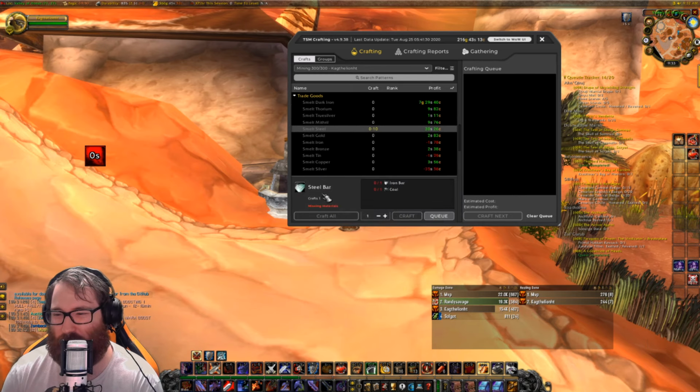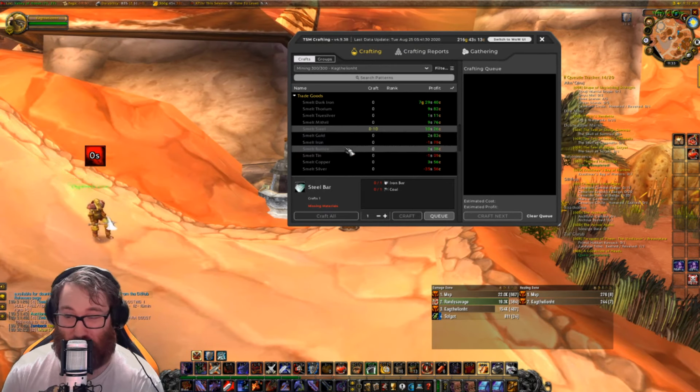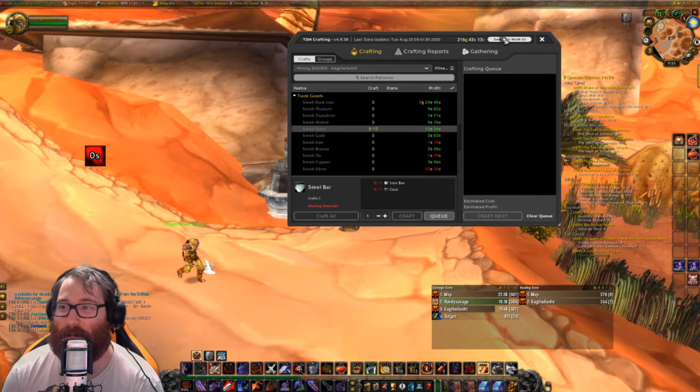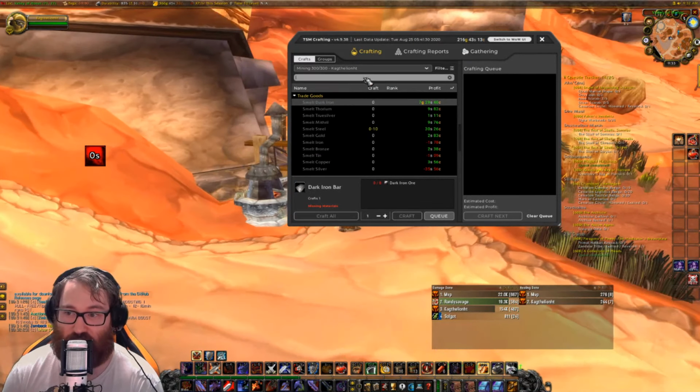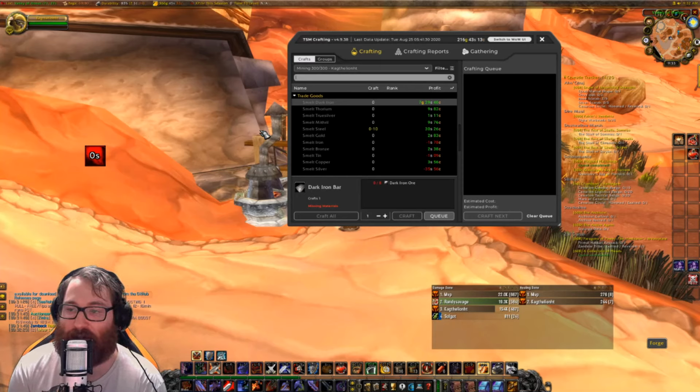Steel, there's not really much that uses steel, so this is a bit skewed because not many people are using it. But a big reason that we see such huge margins is those enchanted thorium that I showed you yesterday, as well as the